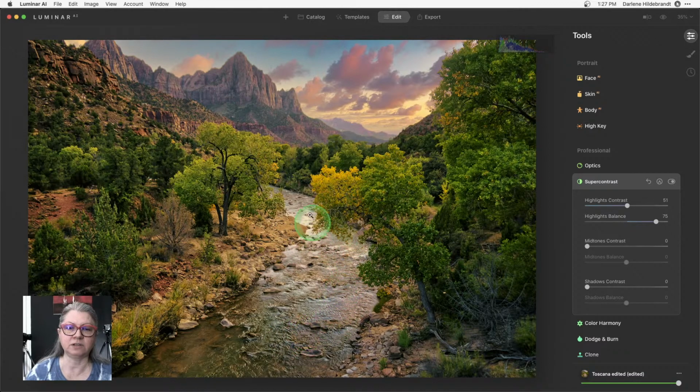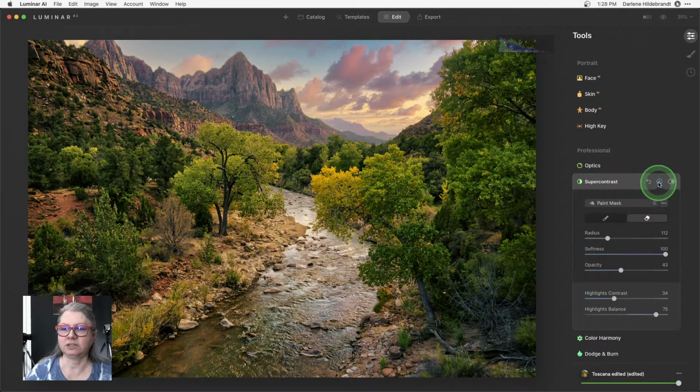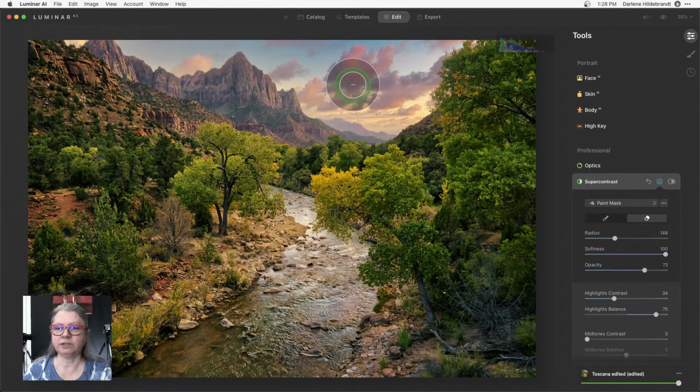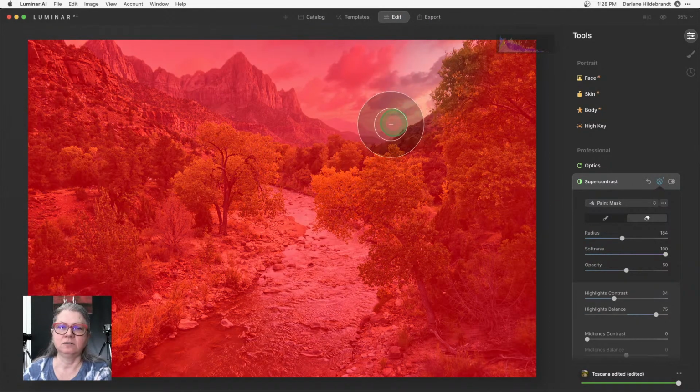Look at how now the color is picking up in the water. Right, so I might actually like to keep it there, but I don't want so much of that in the sky. Once again, go back to my mask, and I'm just going to remove maybe half of it from the sky. Okay, because remember, it's only affecting the highlights at this point, so it shouldn't affect the trees.